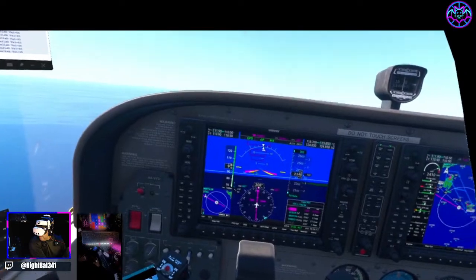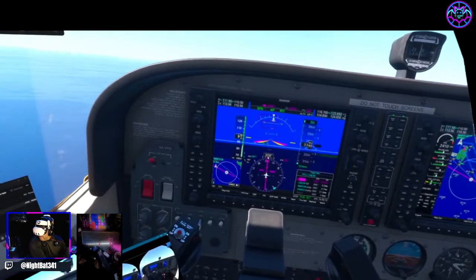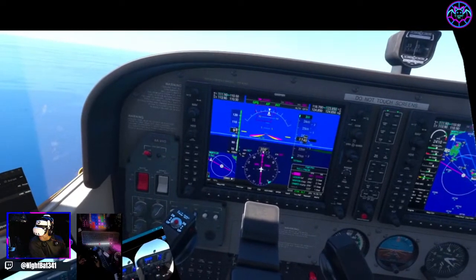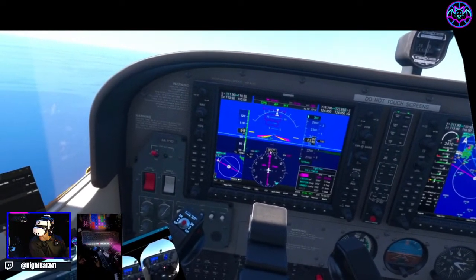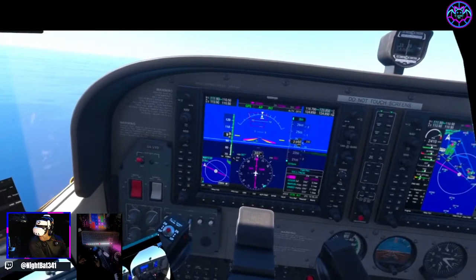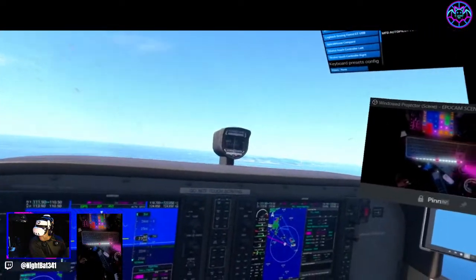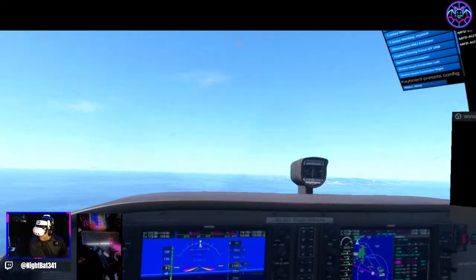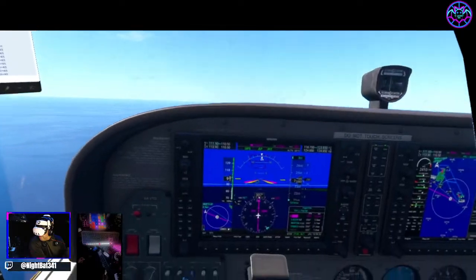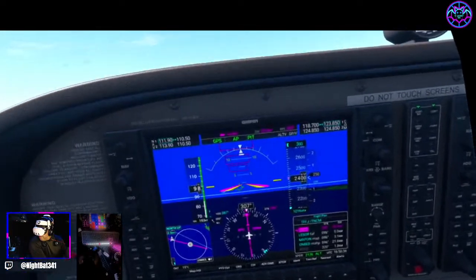We are climbing. I don't want to touch it because I want to see what it would do, you know what I mean? Like I can force myself up there, but I want to see if we get to 2600, does that white